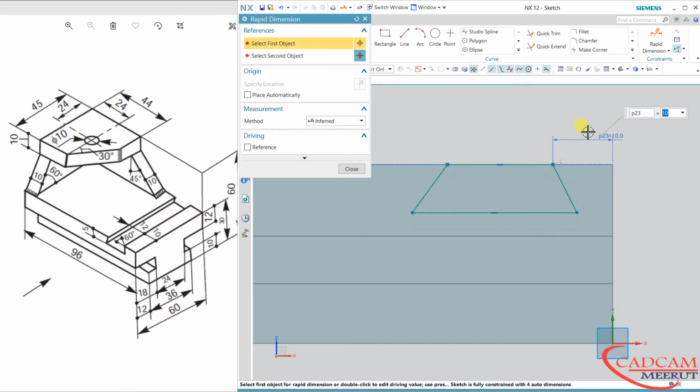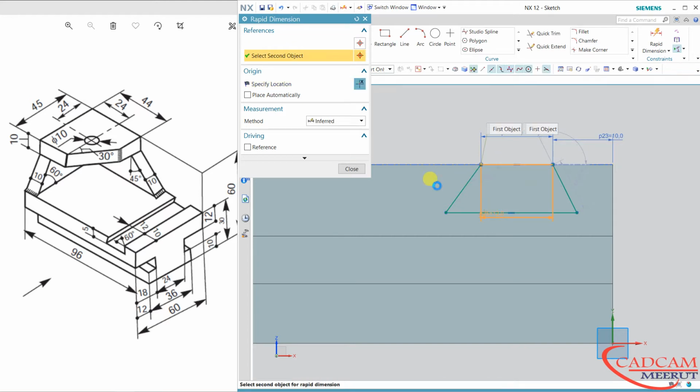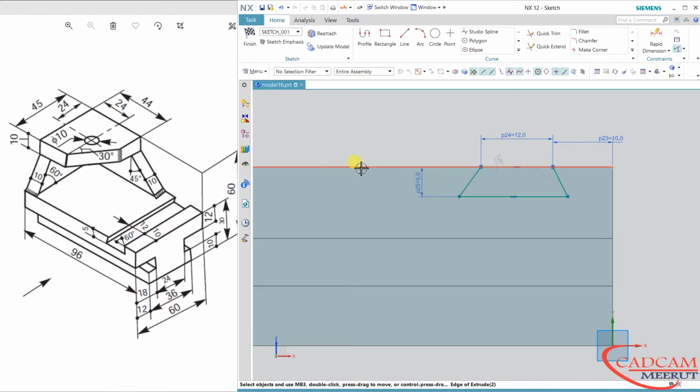This gap is 10, and 12, this upper line is 12, and depth is 5, and angle is 60.